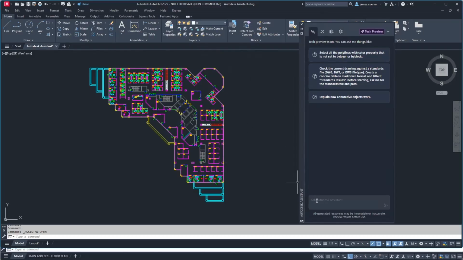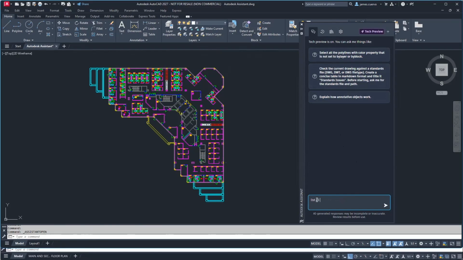Let's say to this drawing that we want to list any and all blocks with the name chair in them. So I'm going to make sure that I'm inside this particular dialog box, and not only inside the dialog box, but also inside the prompt section here. If I'm not in here and I'm not blinking in here, it's going to start appearing down here at the command prompt, in which case it's not going to give you whatever it is that you're asking for from the AI. So make sure that it's here. Once in there, you can say list